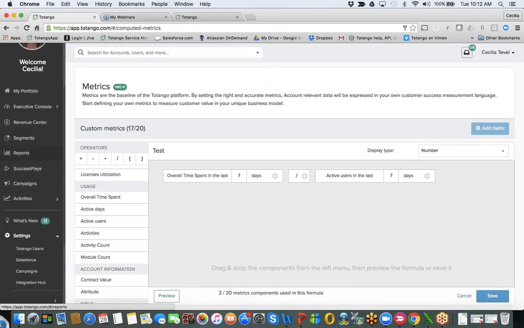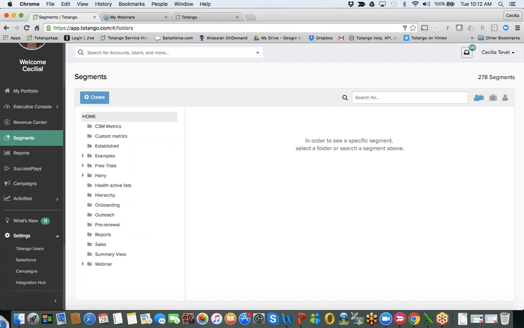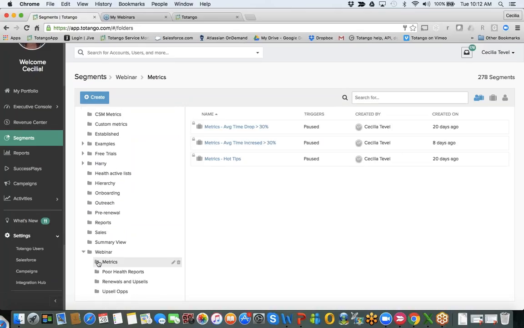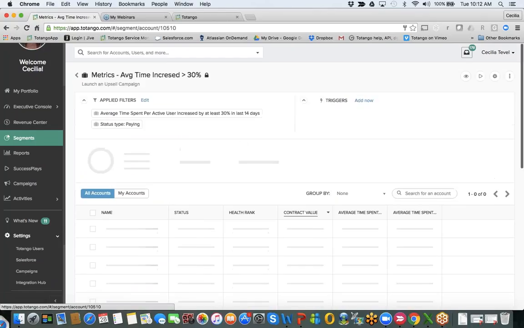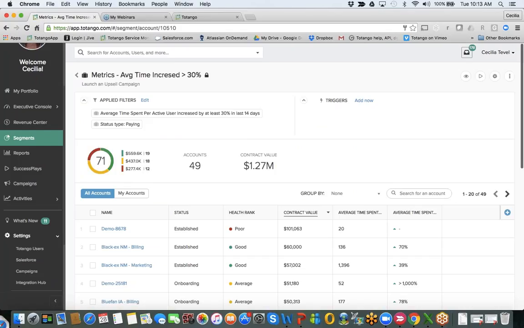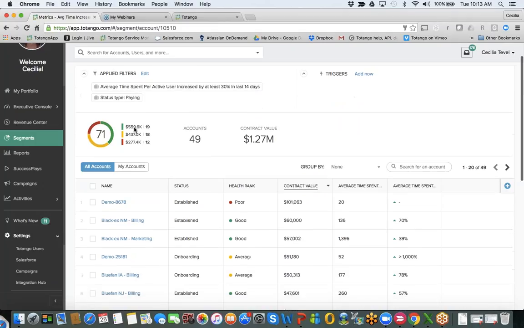So right now, let's go to the segment section, and I already have some segments defined here that I can show you. And we'll go into metrics. I have a couple that I've leveraged: that metric with average time dropped by 30%, average time dropped by over 30, and then average time increased by 30. If I go to this one, basically my filter conditions are saying that if I have a user whose average time increased by at least 30% in the last 14 days, and I have a paying customer, my results